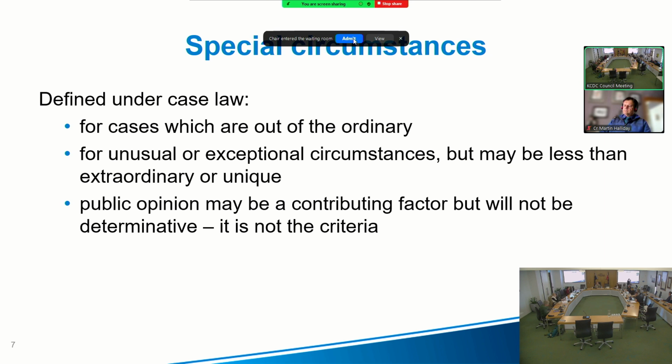So the RMA does make mention of special circumstances. Now, what does that essentially mean? It means that the RMA does provide council discretion to publicly notify a resource consent application if that would normally have been non-notified. Those criteria are really set for situations that are unusual, exceptional, or outside of the norm. So we wouldn't normally go down that track.